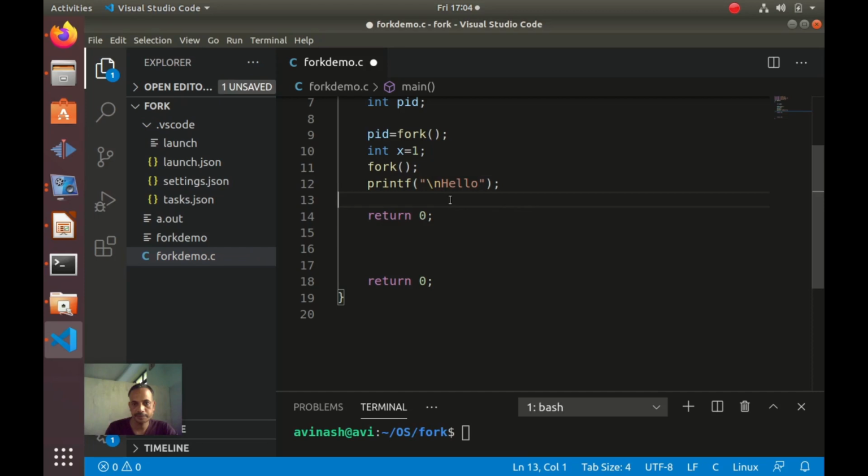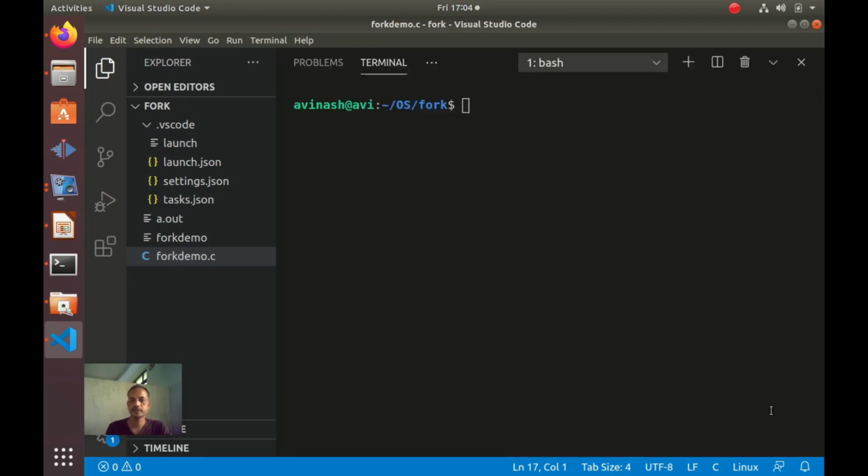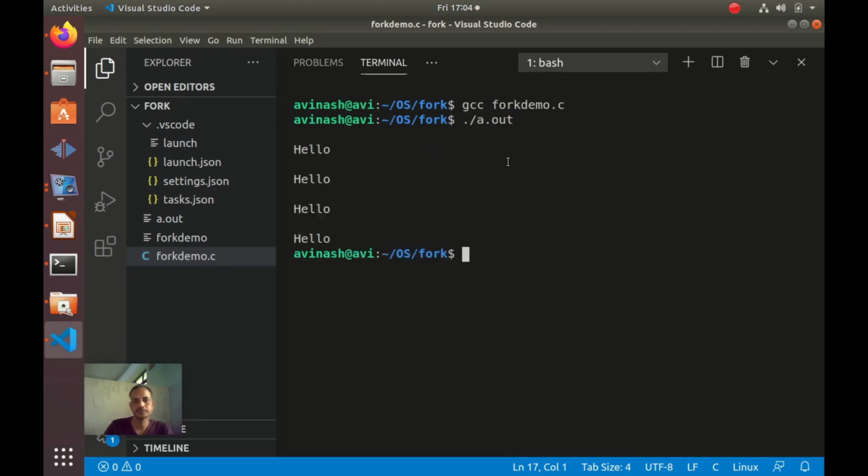Is there any error here? No. Printf hello will be printed by each process that is executing. So if there is one system call, how many times will hello get printed? Simple answer, 2 times, 2 raised to 1.